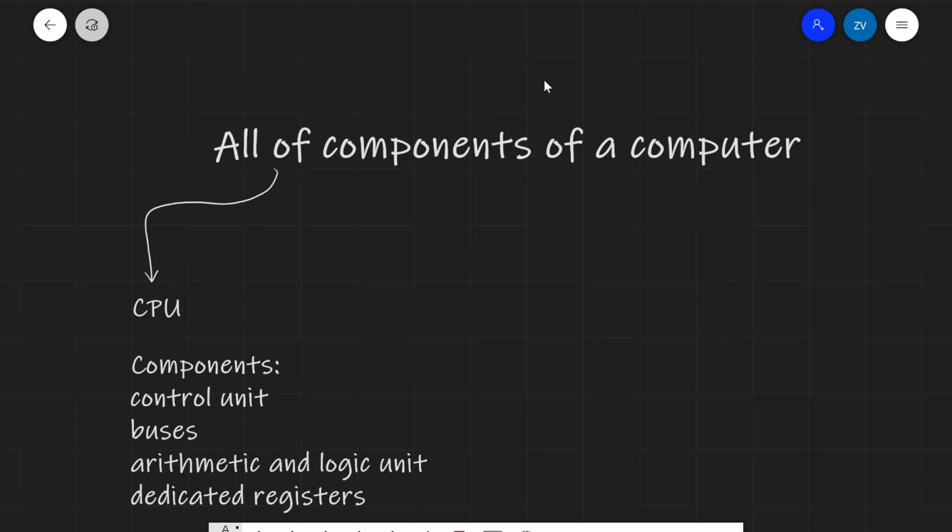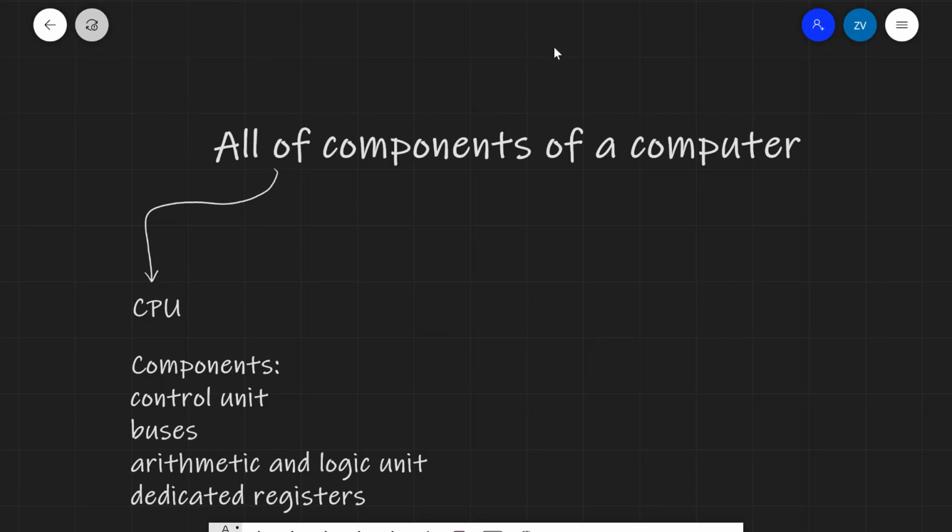Today we're going to be expanding our topics and starting to look at A-level computer science. This will be a revision video covering the first bit of the OCR A-level computer science specification. However, the knowledge will be applicable to most exam boards in A-level computer science. In this video I'm going to be covering all of the components of a computer, and now let's get started